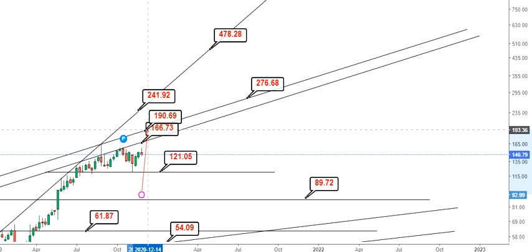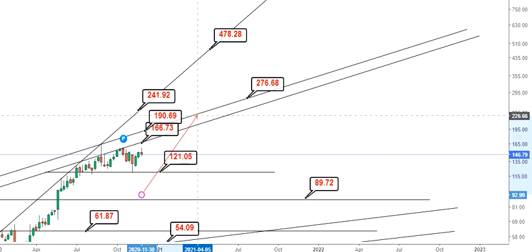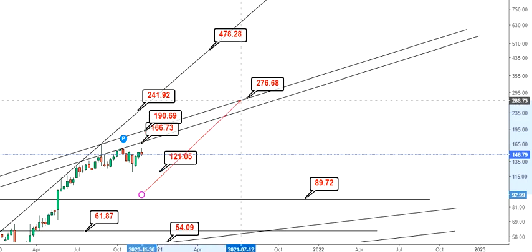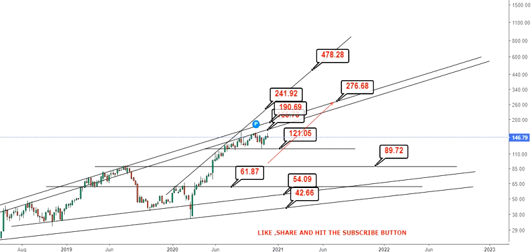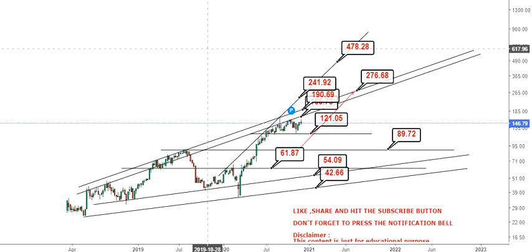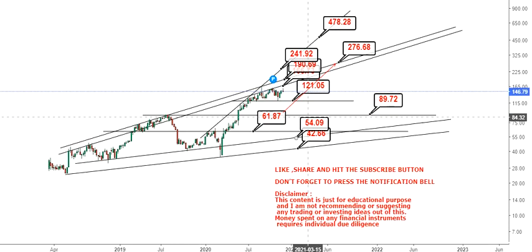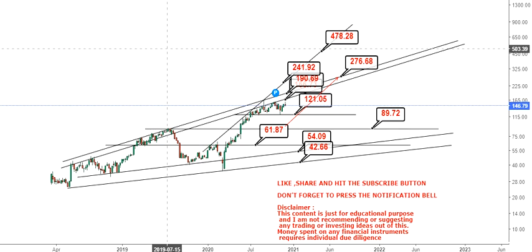And second case, if there is volatility and the stock will not go down or stays at or above 121, but it will increase in terms of volatility on the upside, and in that case you will see a target which will be in between 190 and 276. But one more thing to understand here is, in any case the stock must not go below $121, otherwise you will see that further lower levels will definitely come in this particular chart which I have explained here.